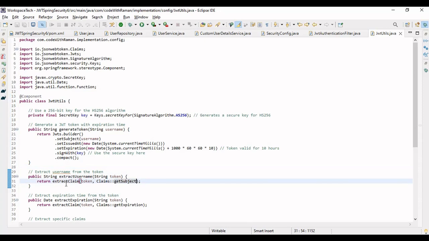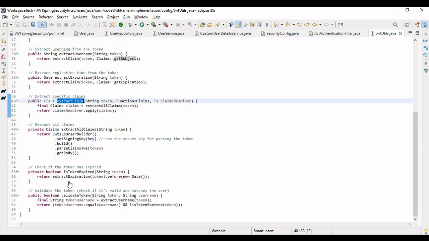If you go into this method of extracting the claims, let me click on this method. Extract claims takes a token and a claim resolver. It will extract all the claims, and then the claim resolver will apply the claims, right? So it is a complete process where we generate the token, extract all the claims, check the expiry, set the expiry and everything. Then we have the method called